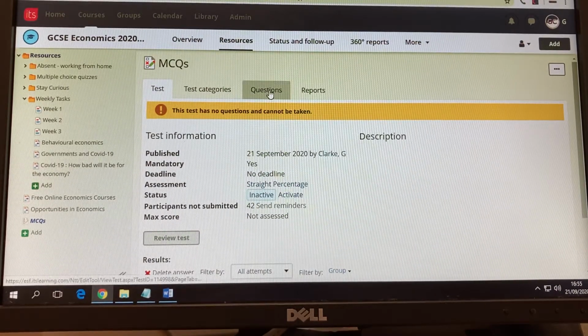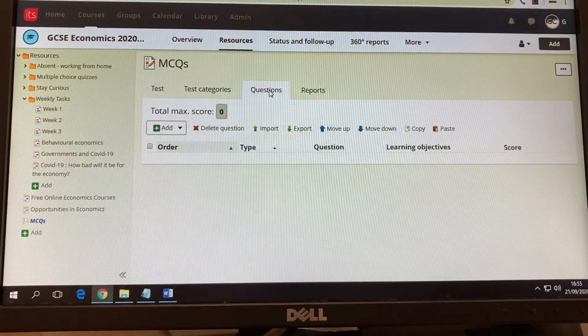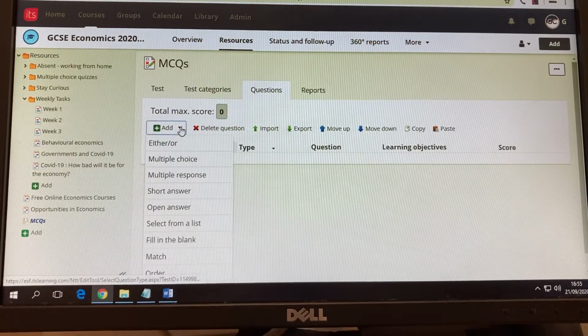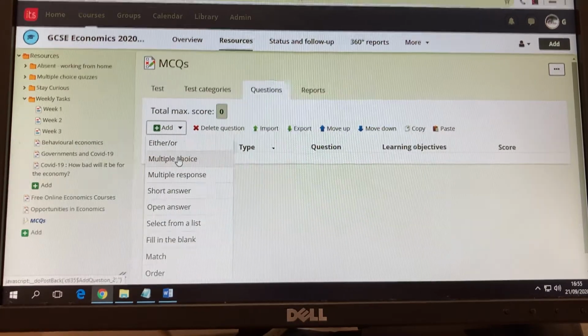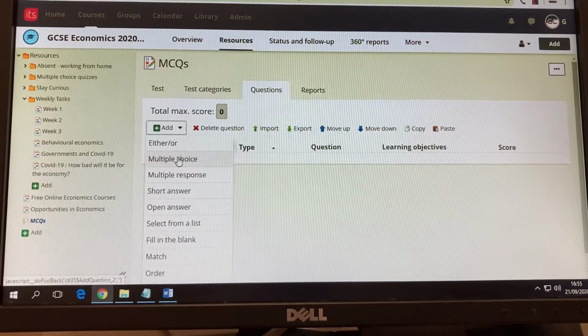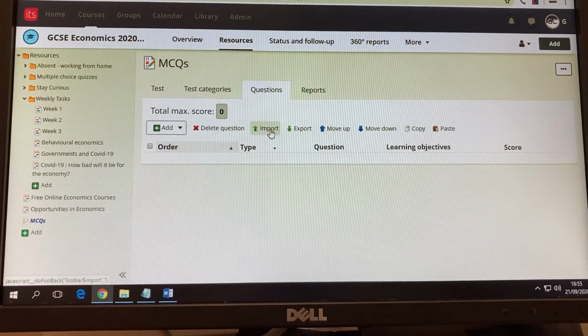So you go to the questions option and select the drop down, and here's the option for multiple choice. Whenever you select that, you can then go in and add your multiple choice questions and then all of the alternatives. I personally found that way a little bit cumbersome and time consuming. And you can see here there's an option to import. So if you select import